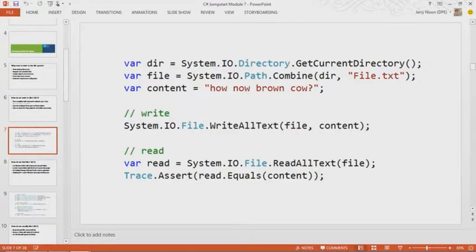Let's take a look at this simple sample. This simple sample is just being able to write all the content into a file. So here we can do something that is